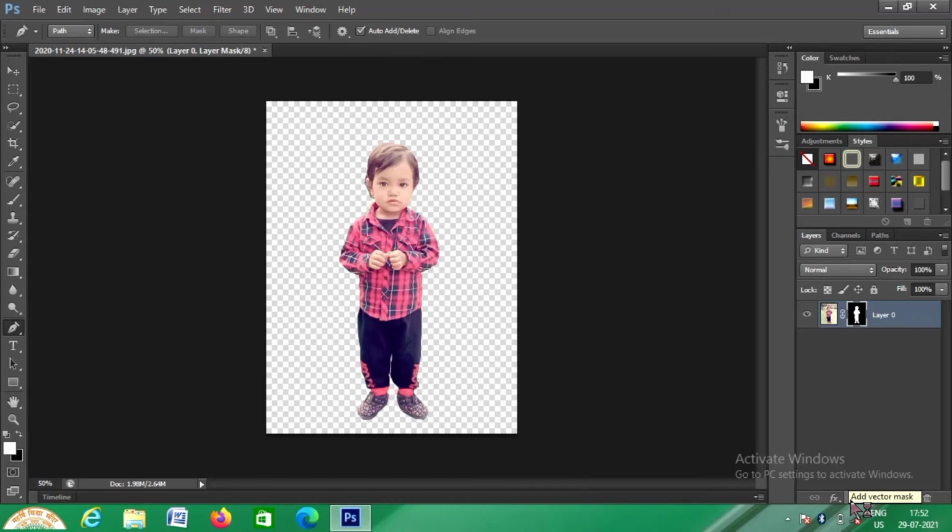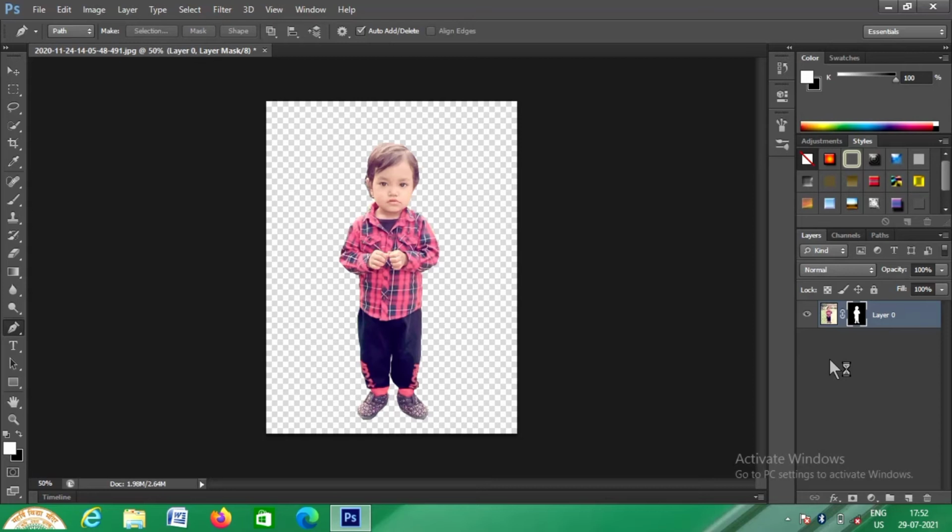Now students, one thing you need to know, that there are two layers in a picture: front layer and back layer. In the front layer, the figure, the man or the people will be there, and at the back layer the background will be there. Now we have only one layer here, that is the baby. We need another layer for the background, so we will create a duplicate layer here.